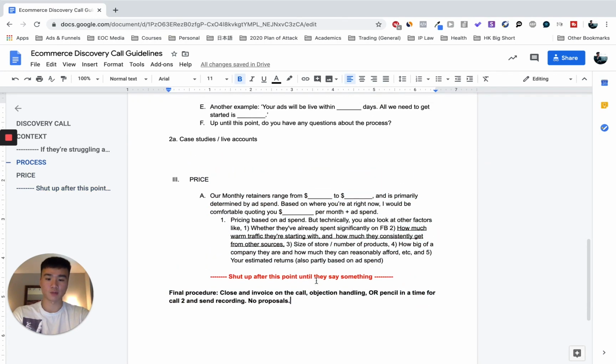And I think this is where most people kind of falter, is price. So I always lead into what's known as price bracketing. Okay. So you can say our monthly retainers range from anywhere between $4,000 to $6,000, and is primarily determined by ad spend. Based on where you're at right now, I'd be comfortable quoting you $2,500 per month plus, and then